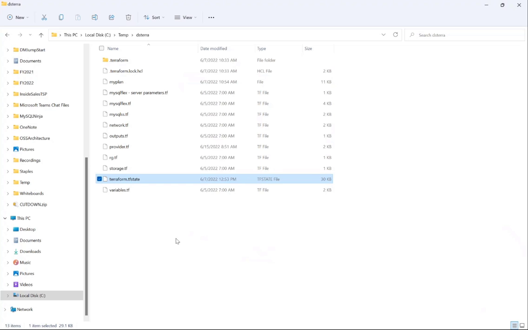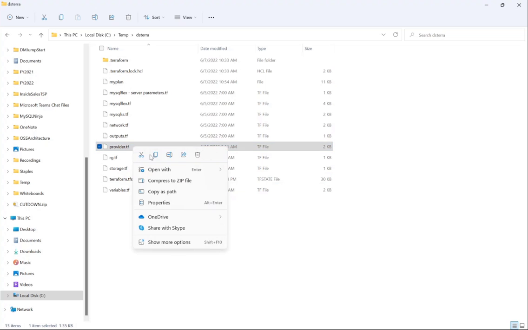So these are some of the configuration files I put together for this demo. I will walk through each file slowly, and if you have any questions, let me know. I will start with the provider, which is one of the main configuration files you will start with for any